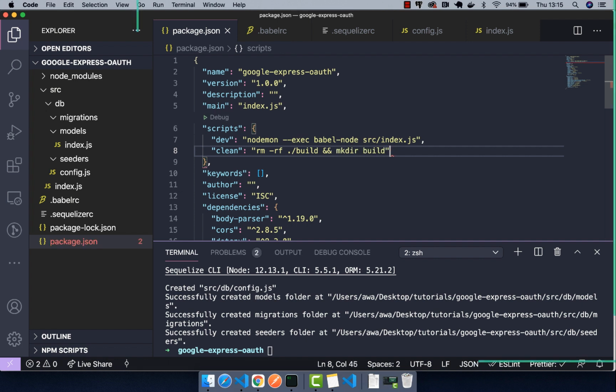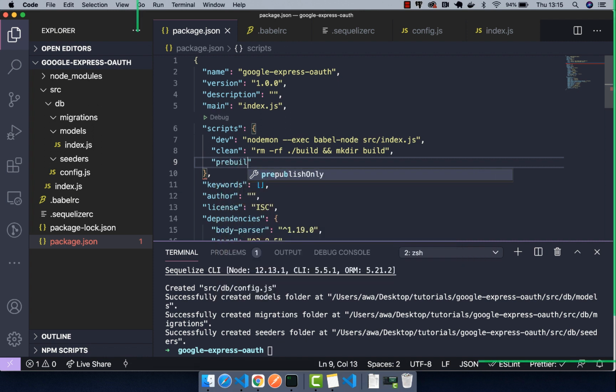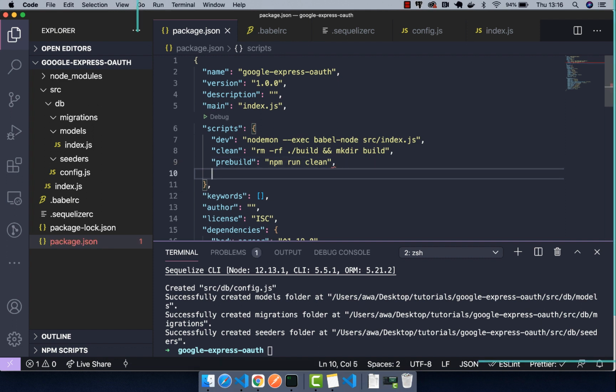And then we will have a pre-build script. This pre-build script runs before the build script, and our pre-build script is going to clean the build folder, and then our build script will now compile our code. The build script uses Babel and compiles the source folder into the build folder,